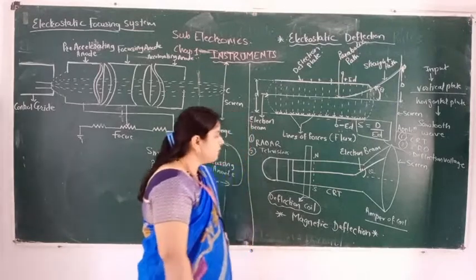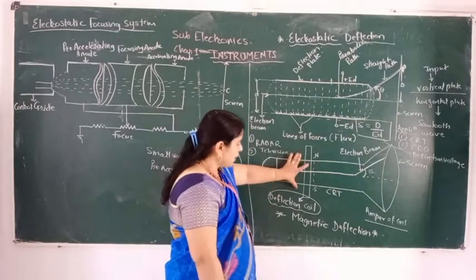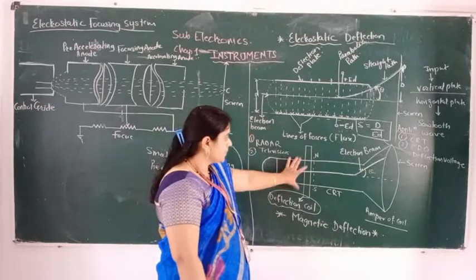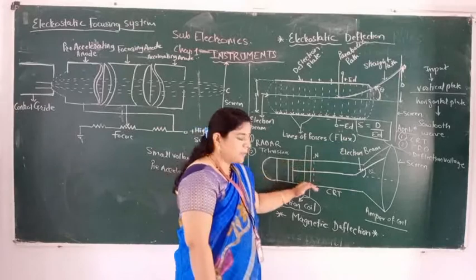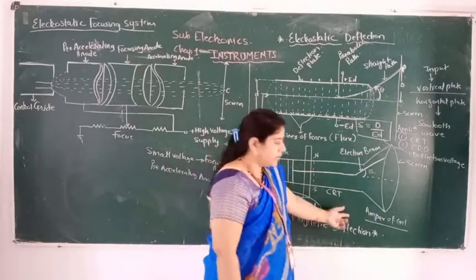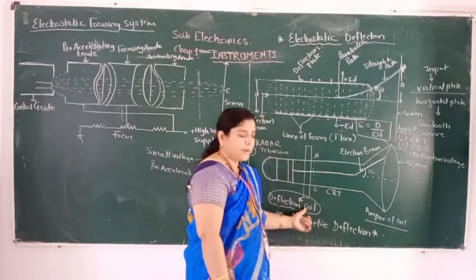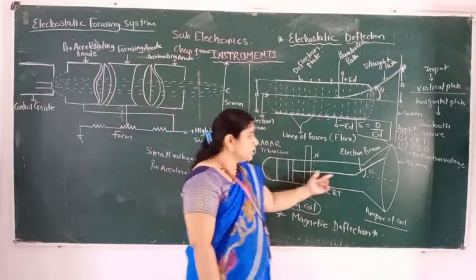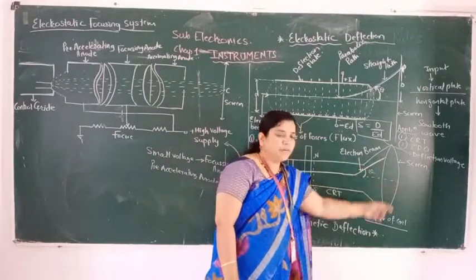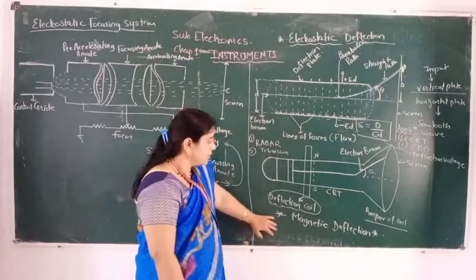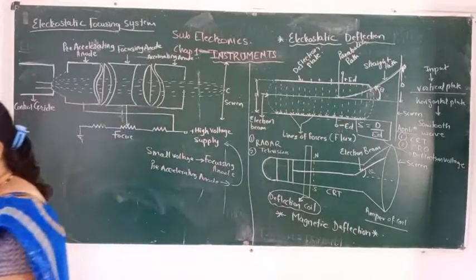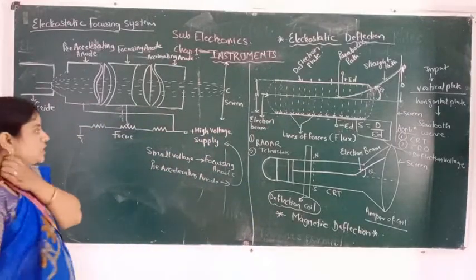In this magnetic deflection, what happens? One coil, the deflection coil, is applied at the neck of the CRT here, and how much it should deflect depends on the coil. How many amperes the coil you are using, the deflection depends on that. So it will also make a parabolic path rather than a straight line. It will not move directly onto the screen. Okay. So its applications are, it is used in radar as well as in the television picture tube.